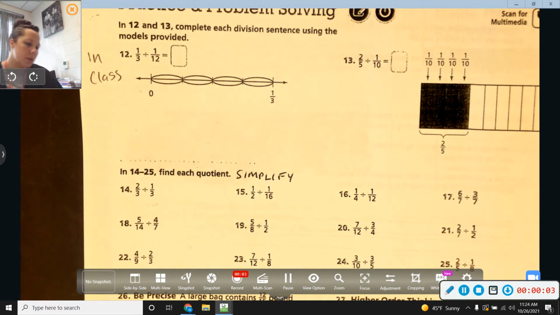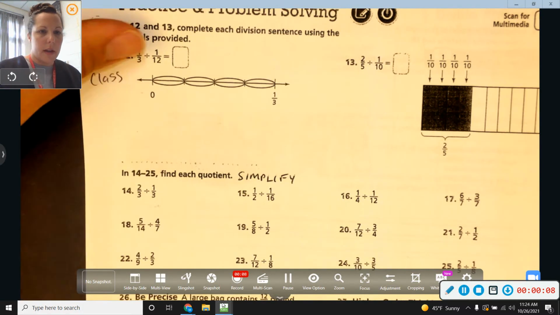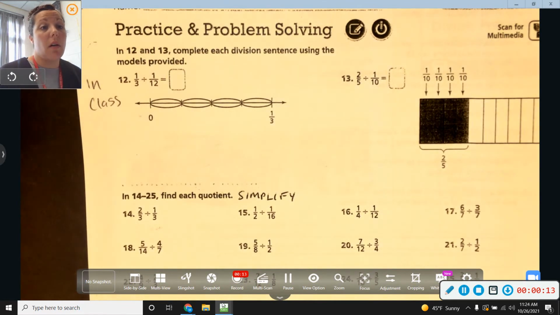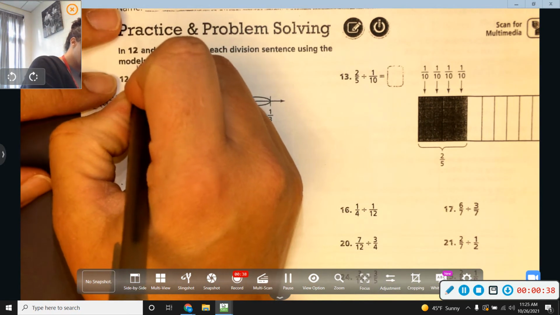Hi guys, we are doing 1/5, divide fractions by fractions. Okay, so we have learned when we're dividing fractions we need to do something called keep, change, flip. That gives us our process of how to do this, and it allows us to solve fractions using multiplication instead of division, because when we're multiplying something, it's a little bit easier than dividing by something. Okay, so when we do this, she did this one in class, but in case you weren't there,